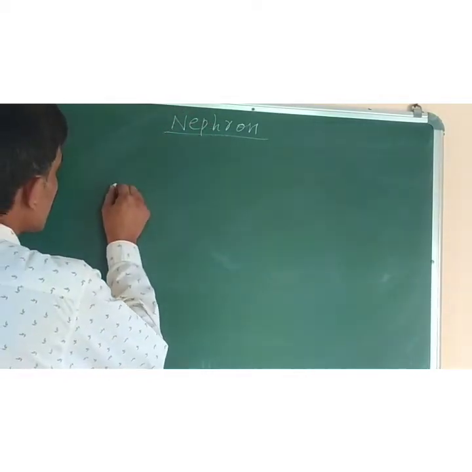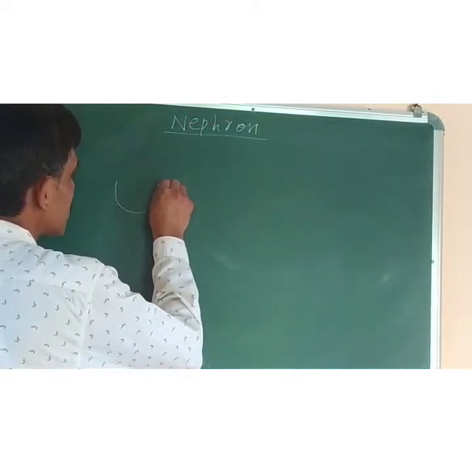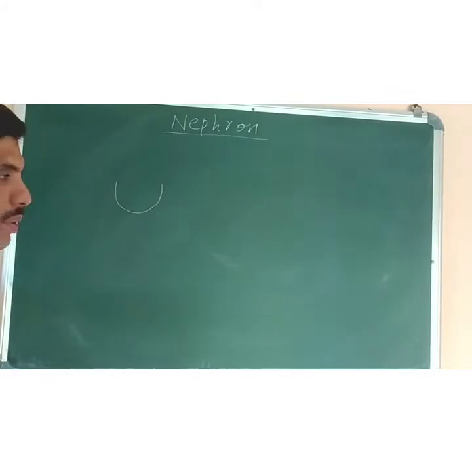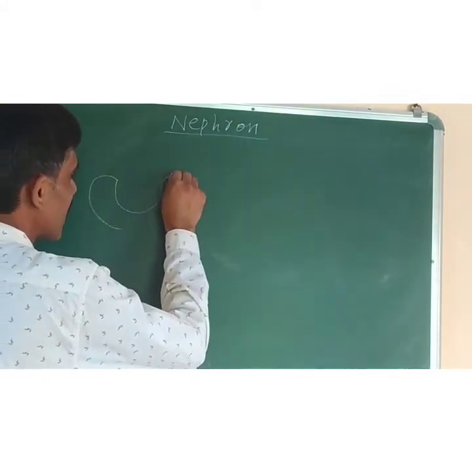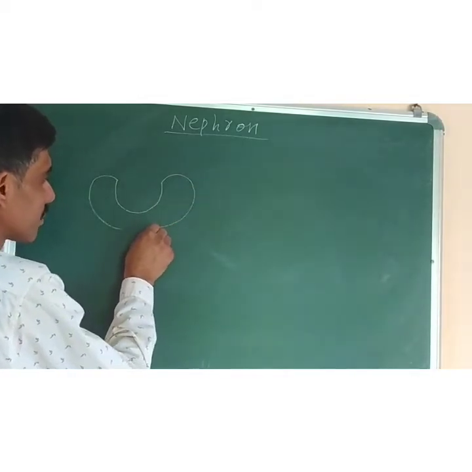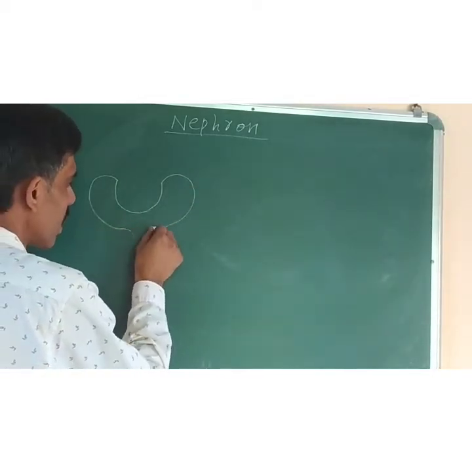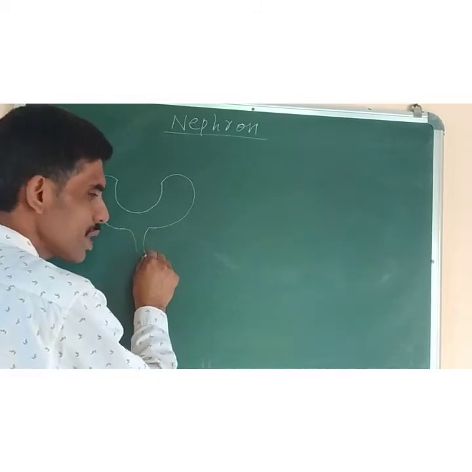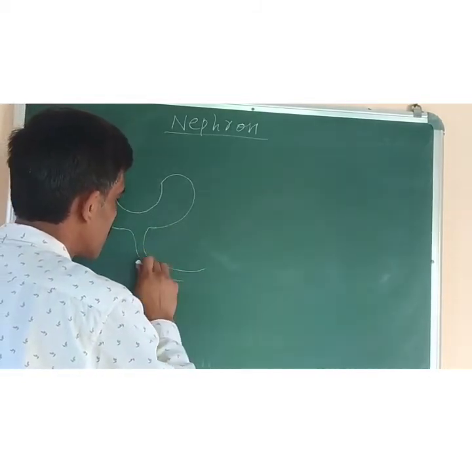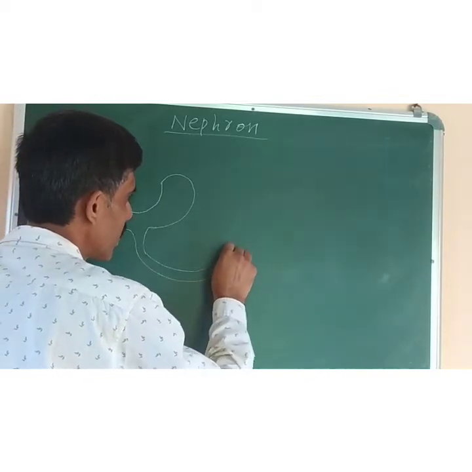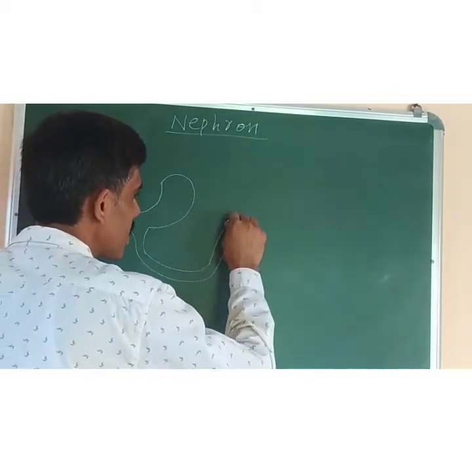Now each nephron consists of a cup-shaped structure which is known as Bowman's capsule. Alright, so see here I have drawn a Bowman's capsule. It is a cup-like structure. Okay, then it consists of a convoluted tube. Convoluted means twisted. A tube is there which goes up. This tube is called PCT. What is it called? Proximal convoluted tubule.